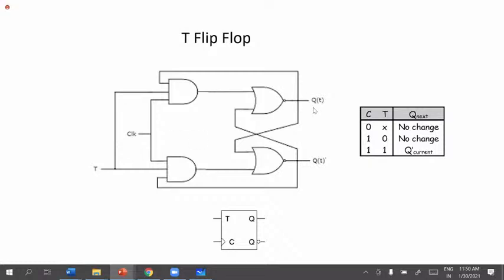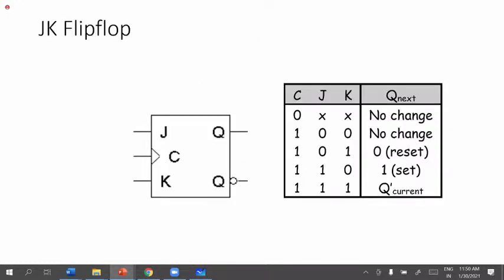It toggles, right? That is considered as the race around condition. That is eliminated by using master slave JK flip-flop. You have studied that also, right? So this is a JK flip-flop. In this JK flip-flop, this is a simple loop. Whenever you give negative edge triggering for the JK flip-flop, it triggers and you can see the output. When J is equal to 1,